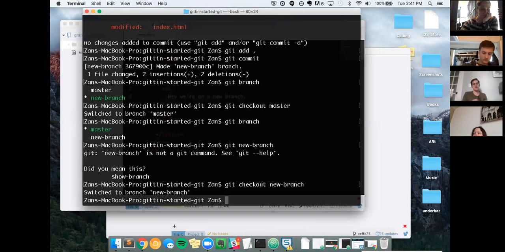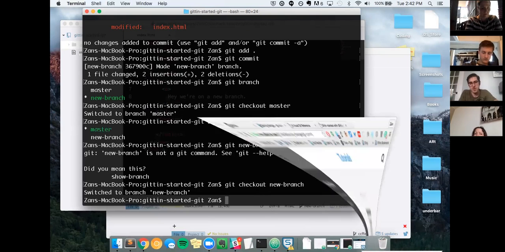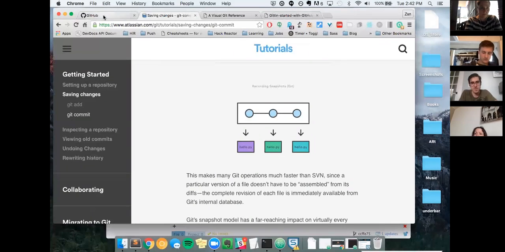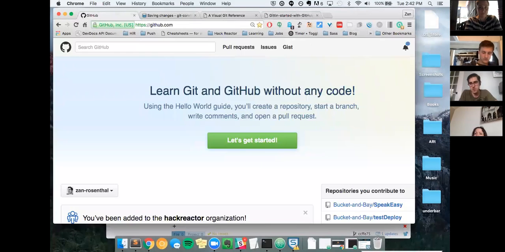So when you learn how to do this, you can be kind of adventurous, because you can go on another branch. You can play around. If your code breaks, you just jump back to the other branch, or you go back to a previous commit. And this is all just happening locally. However, maybe I'm ready to push this up to my GitHub. So what I'm going to do is go to GitHub,